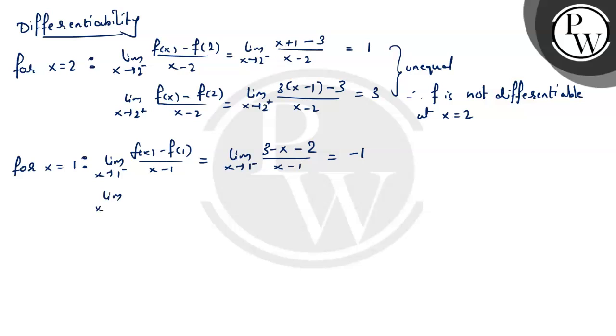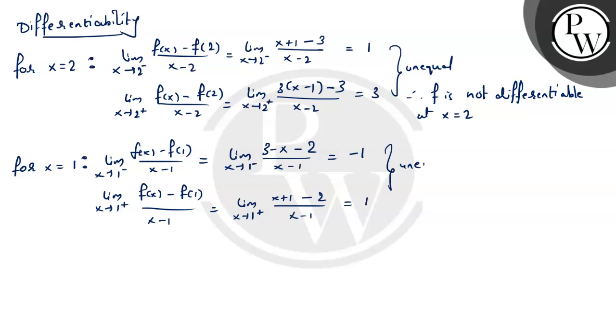Next, the limit as x tends to 1 plus of f(x) minus f(1) divided by x minus 1 is equal to the limit as x tends to 1 plus, where to the right of 1 the function is defined as x plus 1, minus 2 divided by x minus 1. The limiting value is 1. Again we get unequal limits. Therefore f is not differentiable